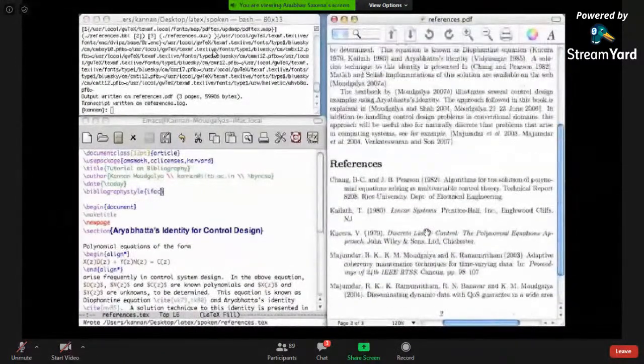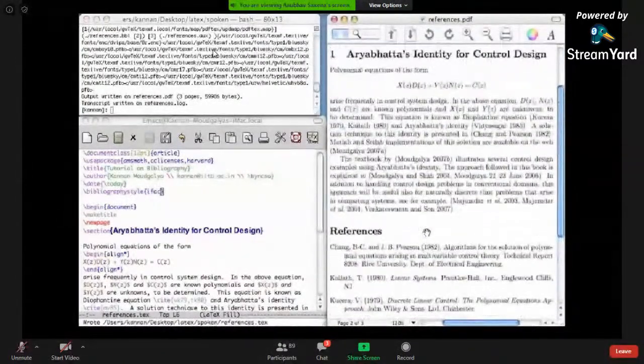Okay. It is alphabetically arranged, but there are no serial numbers compared to the plain style. The referencing is by author name and year. In this style, there is a special command called \citeasnoun